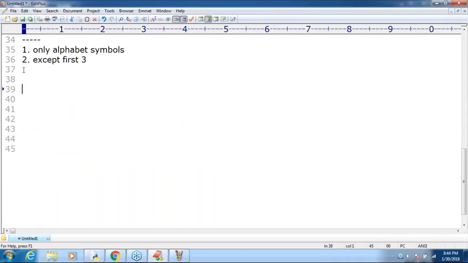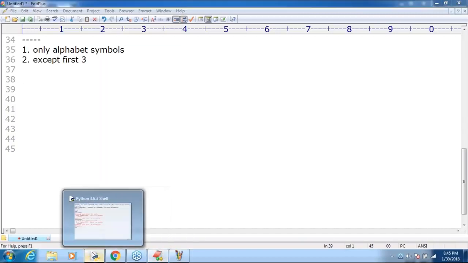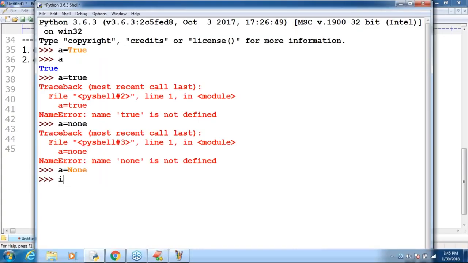Clear? Yes. Can you please confirm? Are you in a position to understand, right? Okay, that's all. Now, sir, I want to list out all these keywords. How can you do that? Very simple. Just remember, import keyword.